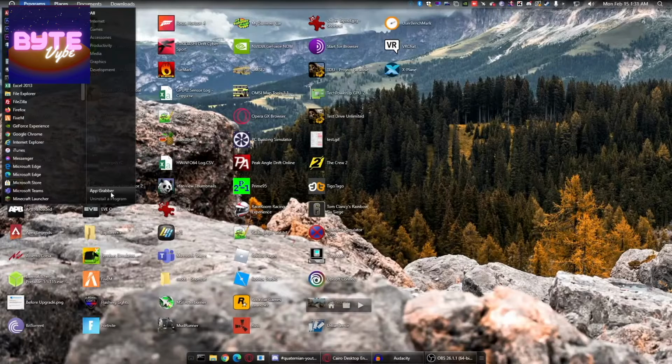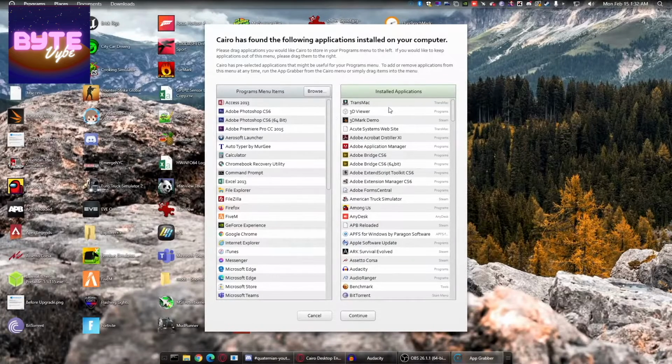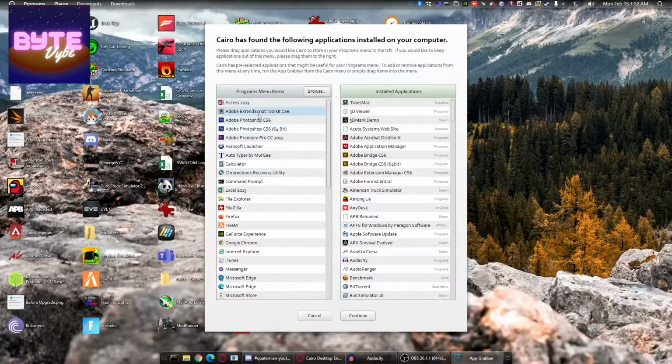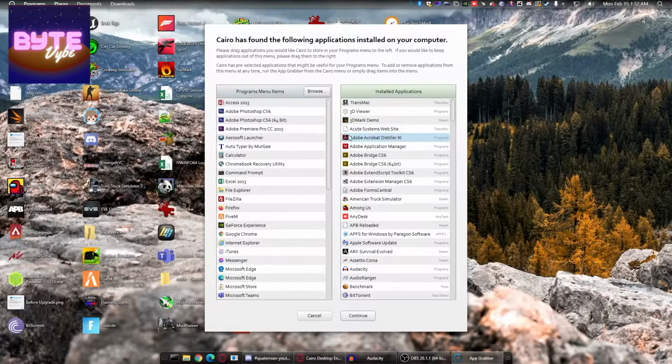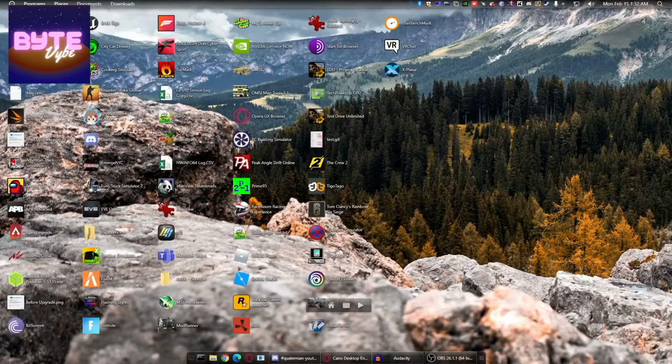when you first set up Cairo, you'll be told to go through this app grabber, which basically shows your installed applications, and you drag them over to add them to the menu, drag them that way to remove them from the programs menu. Fine. It does find a lot of them automatically, and it's straightforward enough to set up. I don't really have any major arguments with that. The arguments I do have with it is when it comes to launching